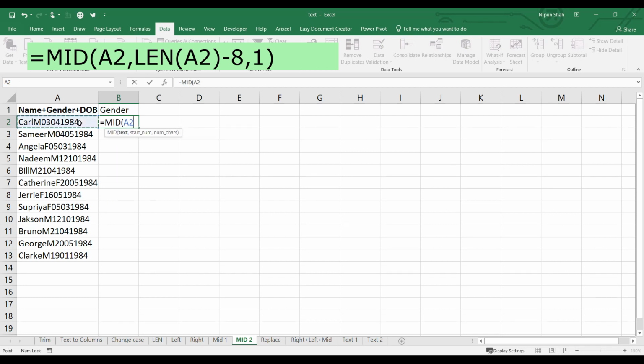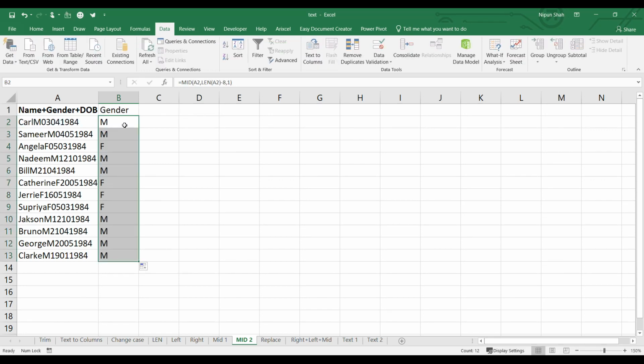I want to use this text string. The start number will be determined by length function. So length of this text, my date of birth is 8 characters from the right, so I put minus 8 and comma, I want only one character after that, so press 1, close the bracket and enter. So guys, my gender has been pulled in correctly.